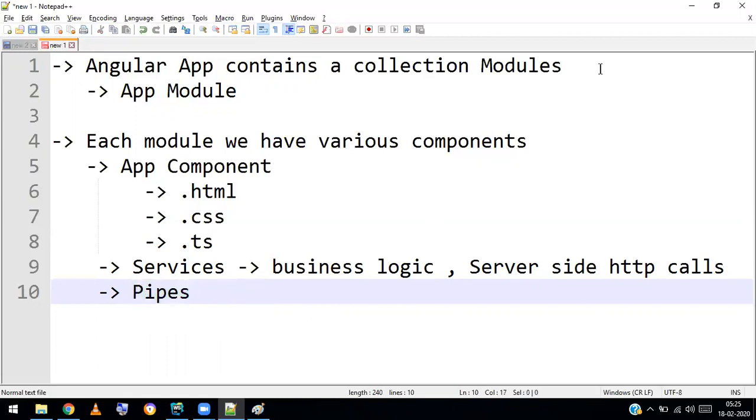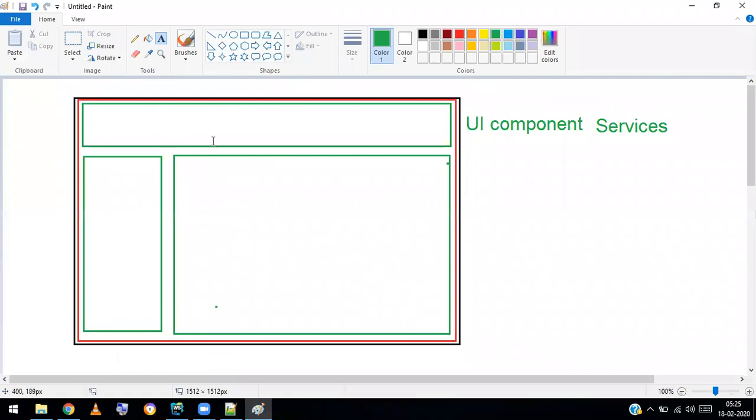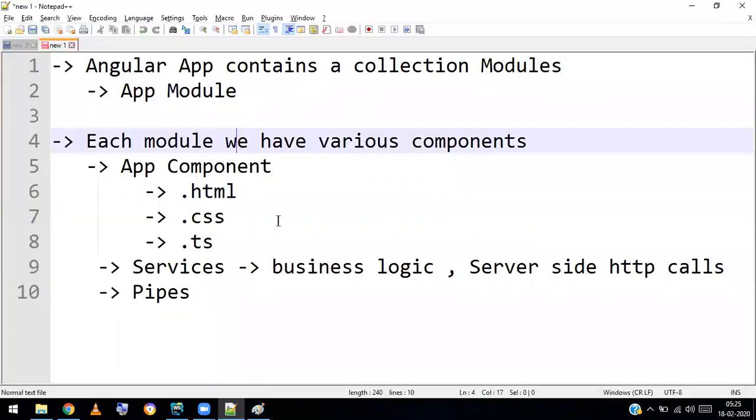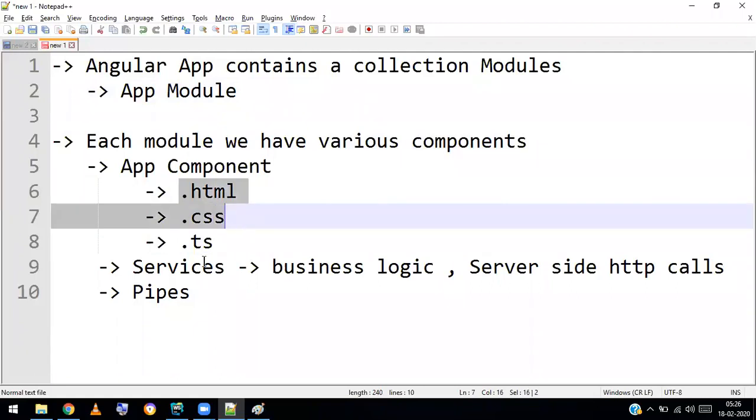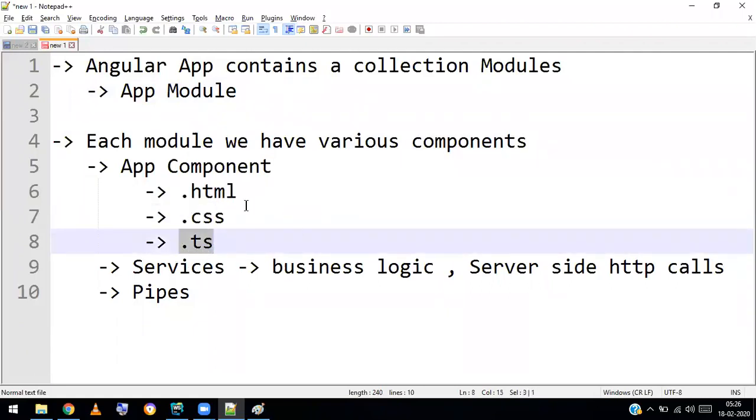Okay, so a complete Angular application is divided into various modules, and the root module is called app module, and each module will have different components. For each component, there is a root component called app component. Inside, you can have a number of components like navbar component, sidebar, and main content components. Each component is made up of one HTML, one CSS, and one TS file. To control the HTML, we use the TS file. This contains even the DOM manipulation logic and all.